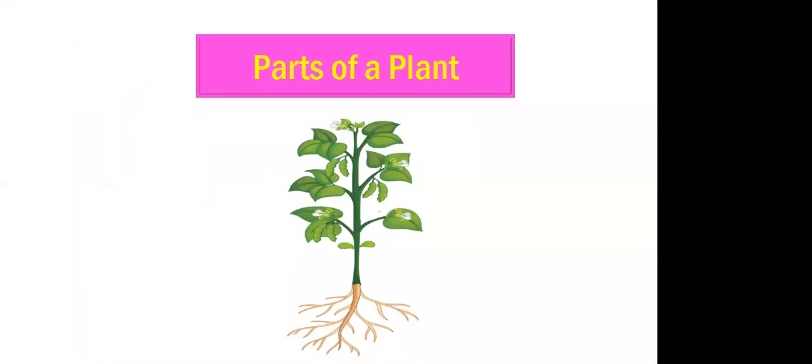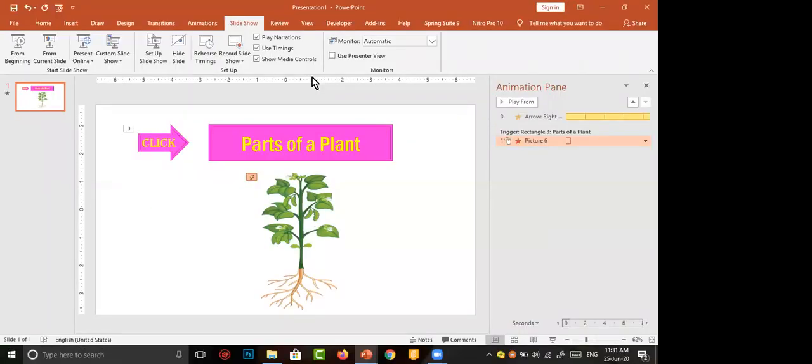The click button is blinking. It's happening 5 times. We don't bother about it. We should follow the instruction. I'm going to click on Parts of a Plant. The picture is disappeared. Okay. Then what I want is, when this picture is disappearing, at the same time some text boxes should appear here, with some other names.